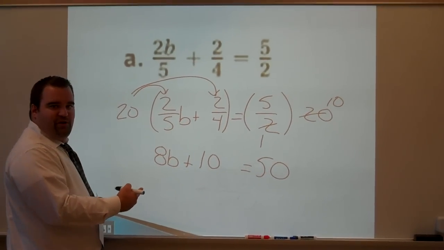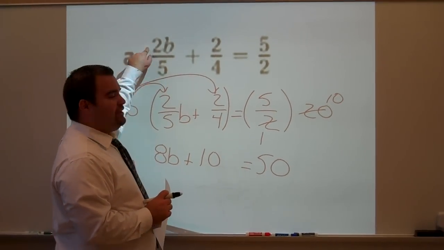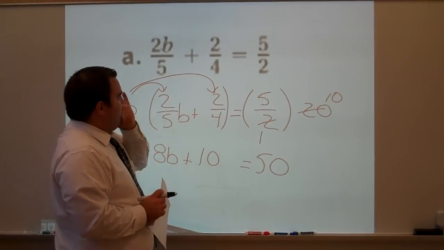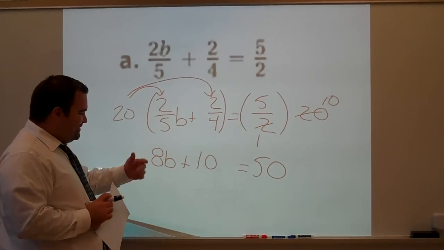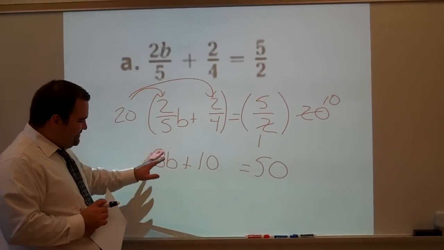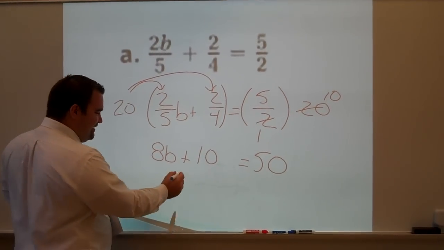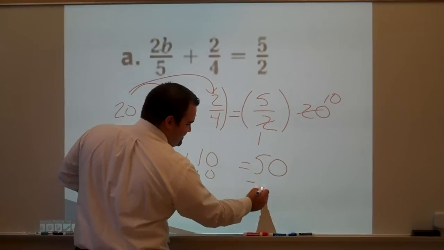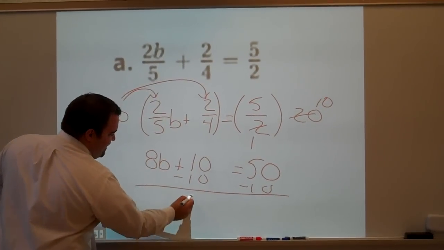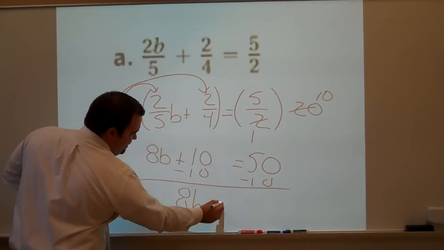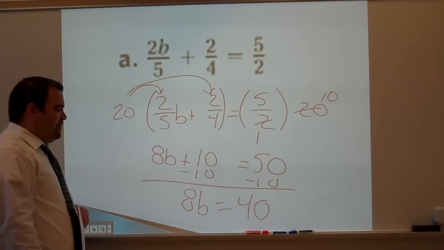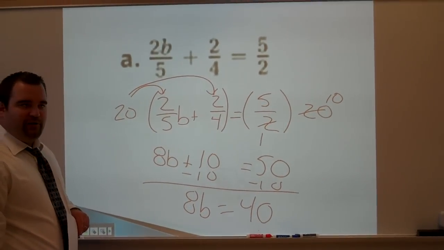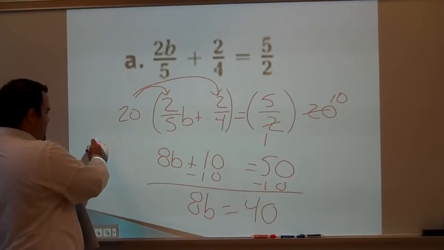Well, this is an easy problem. Remember when it first looked like this and how scary and how bad it looked? But now look. It doesn't look too bad. Kind of looks nice. Yeah, minus 10. Minus 10. 8b equals 40. What number can I multiply 8 by to get to 40? By both sides by. B equals